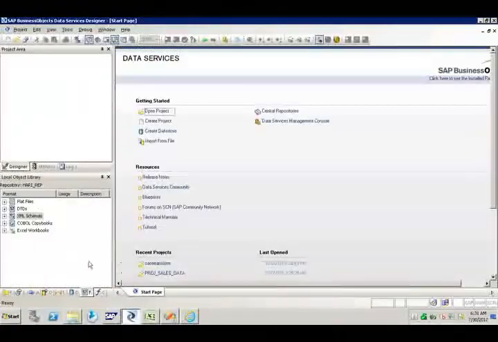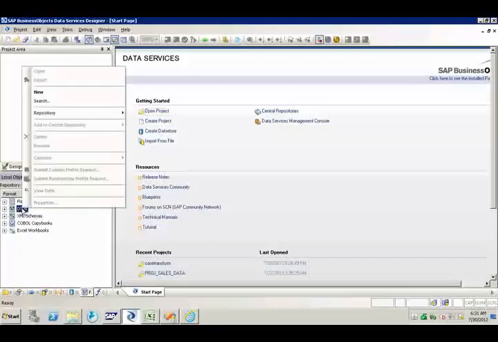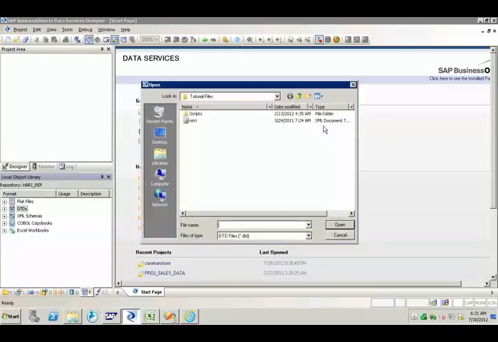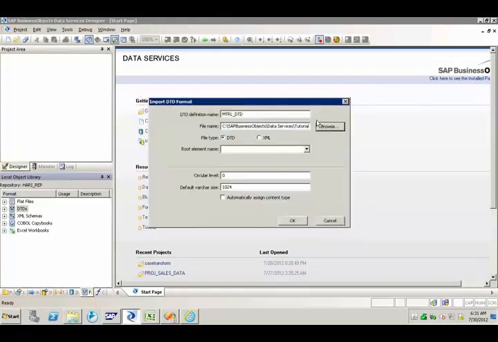For our demonstration purpose, since the structure of the XML is provided in the DTD format, I am right clicking on DTD format and selecting new, creating mtrl_DTD format. Next, I am browsing and selecting the DTD file, which is provided by SAP for demonstration purposes, the document type definition.